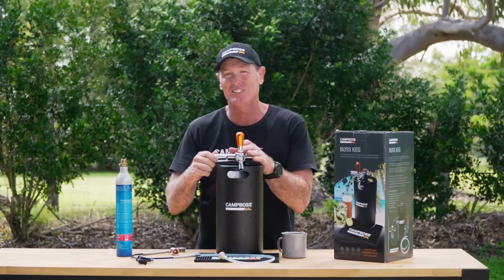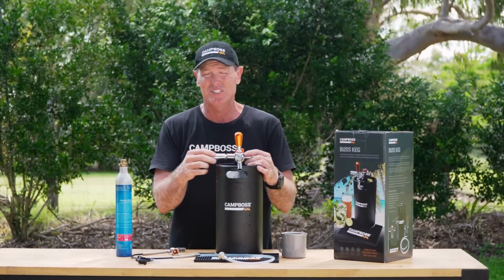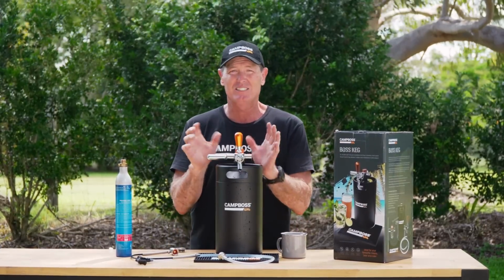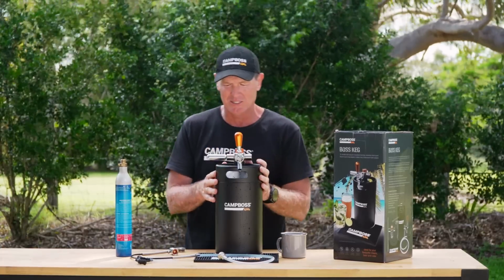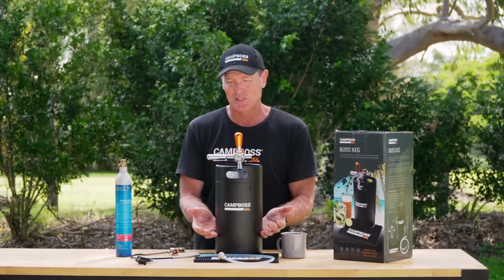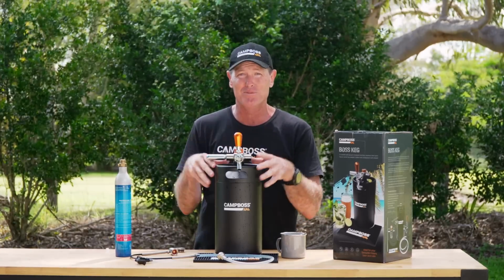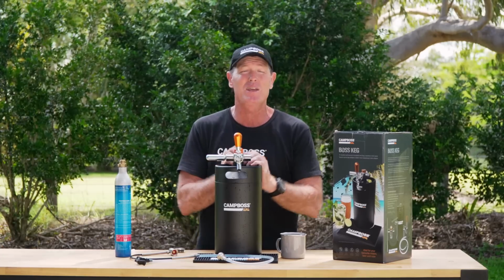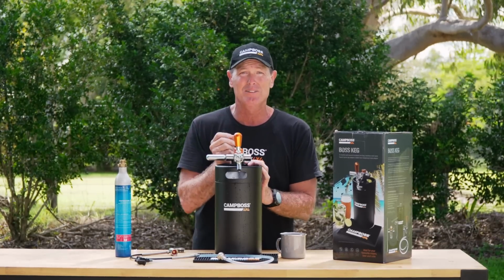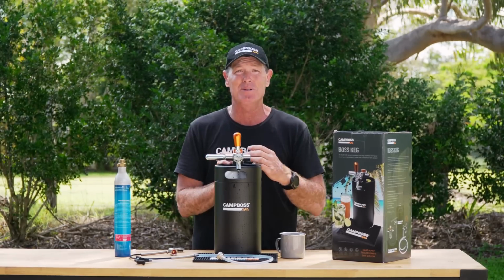Now remember, it's CO2, it's safe. Okay, these are not those nitrogen canisters that are very dangerous. We don't use those. It's a CO2. It does not put bubbles into the liquid. It is designed to pressurize the cylinder to push the water out or the fluid out that you've put in here. Now you can use it for anything, from soft drink to margaritas, alcoholic mixes, cocktails, you name it, even